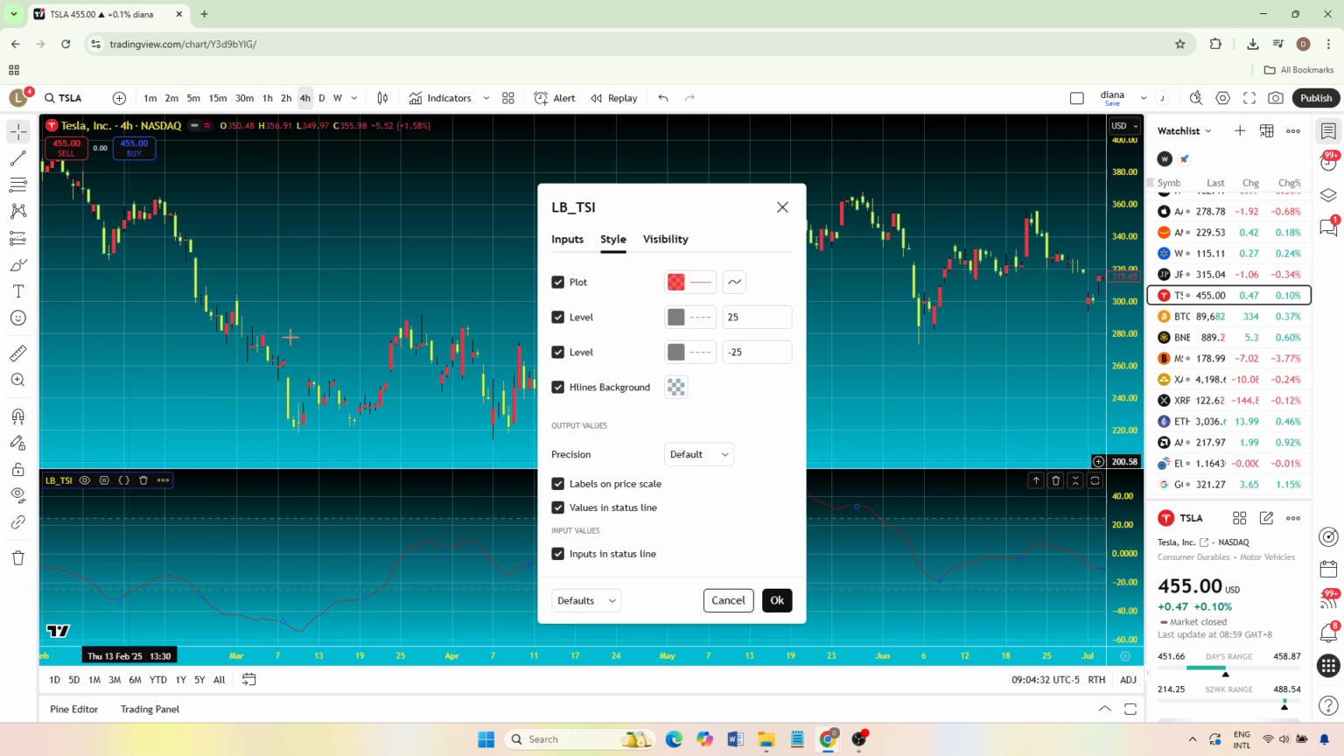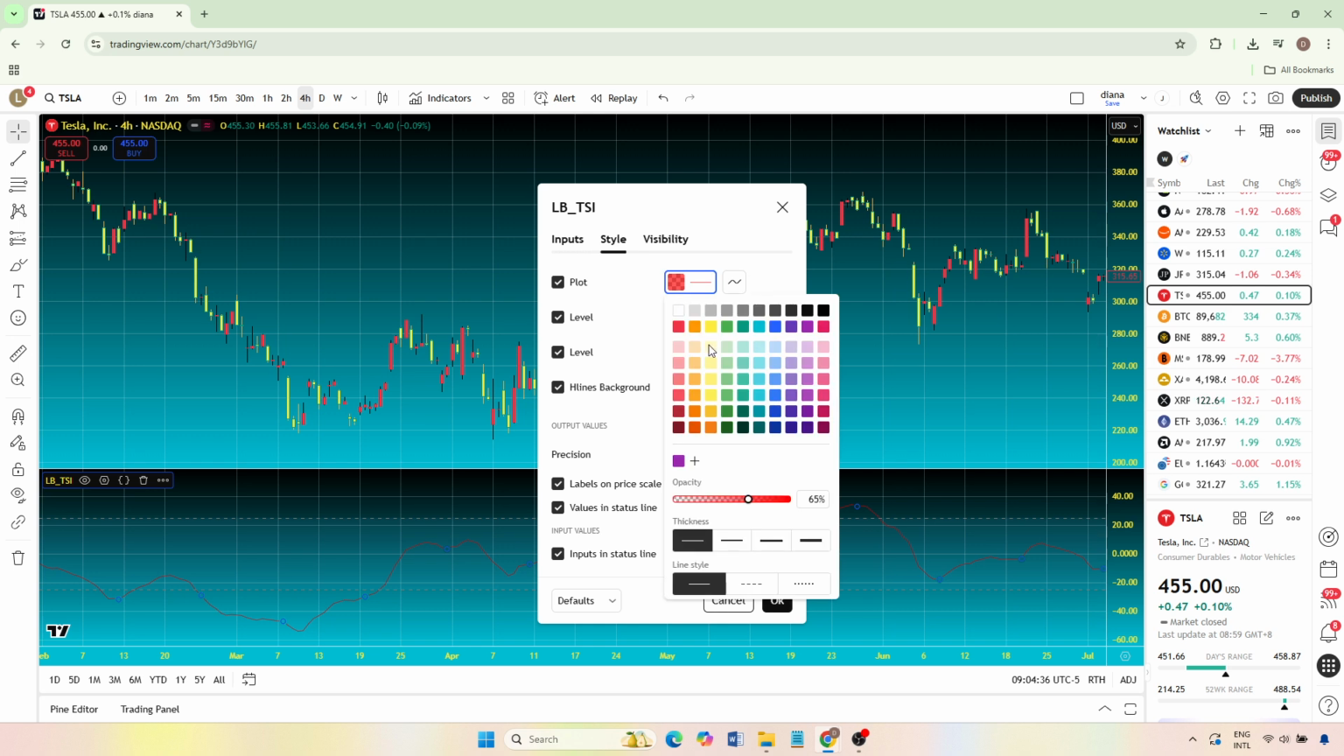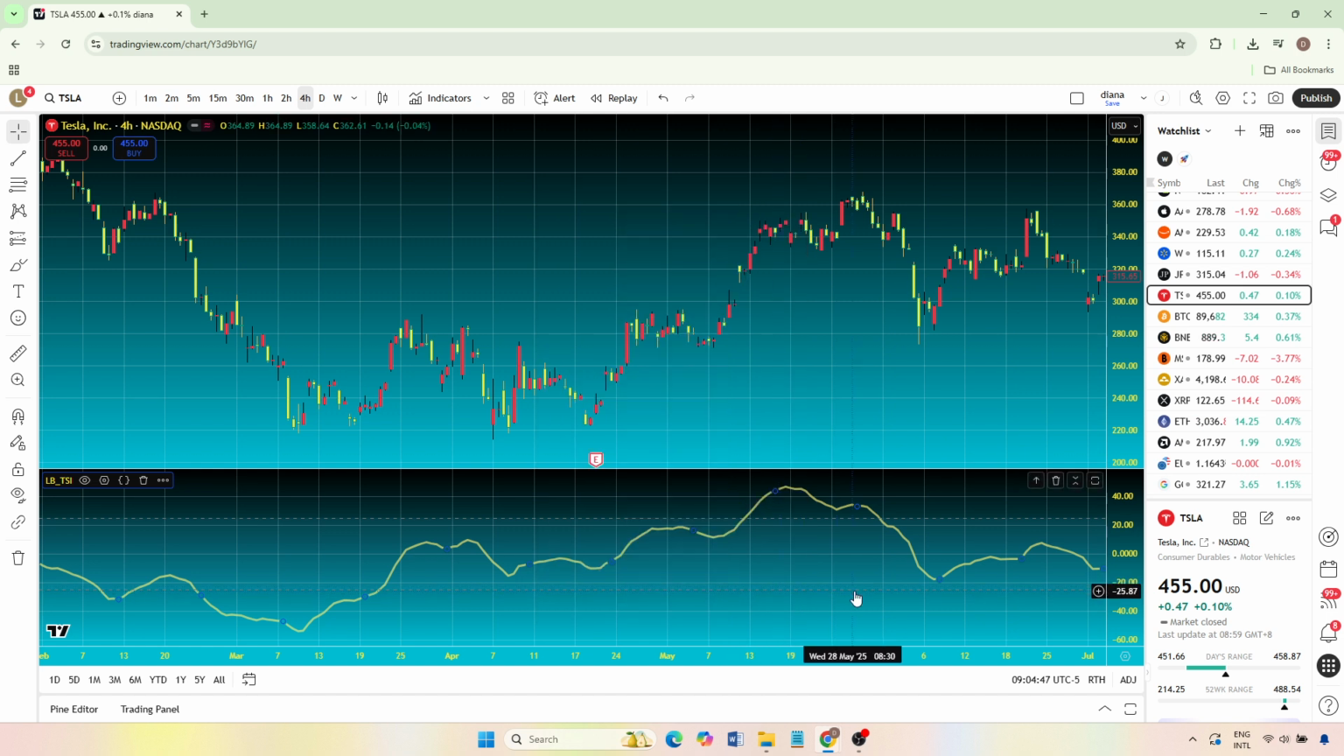This opens the settings window for the True Strength Index, where you can customize inputs, colors, line styles, and visibility. Take a moment to review the default settings. For many traders, the standard values are a good starting point, but you can tweak them if you already have a preferred configuration. You can also change the color of the TSI line and signal line to make them easier to see against your chart background. When you're happy with the way everything looks, click OK or close the settings window, and your updated TSI will